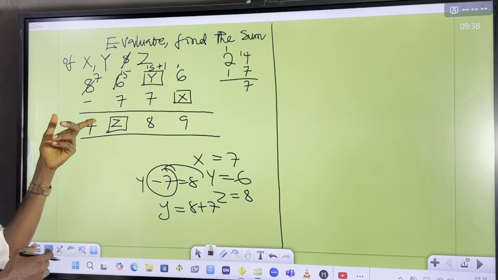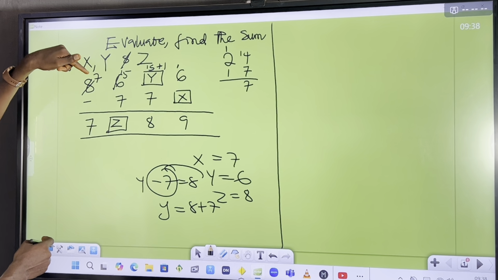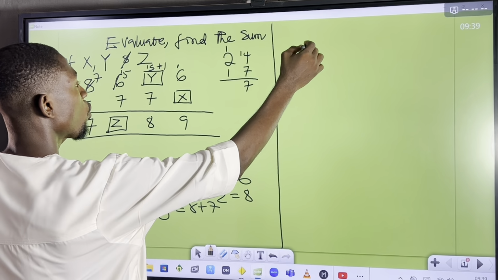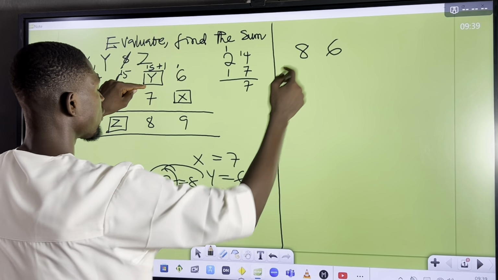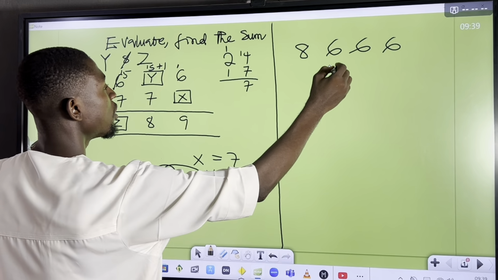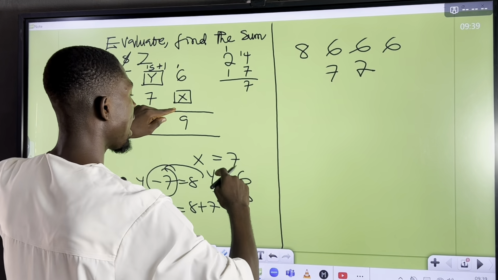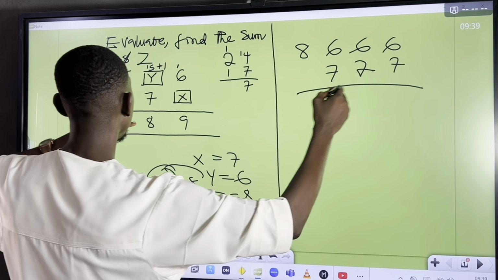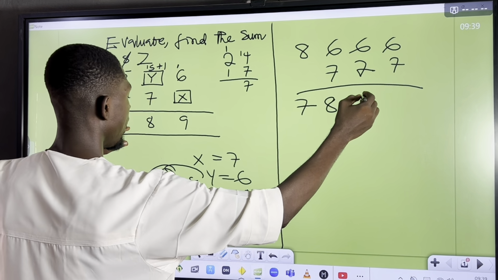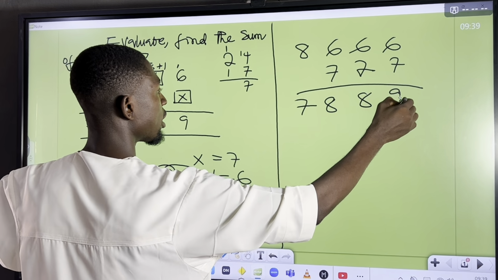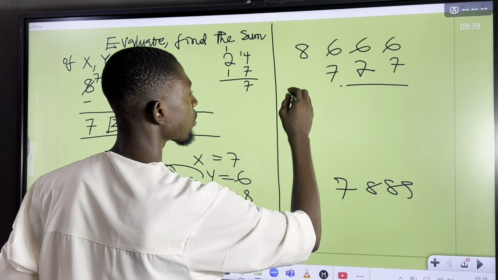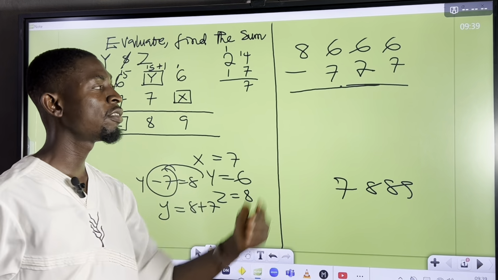Then z is equal to 8. You bring down the remaining number because there's no number down here. You bring down 7. With this, what we're going to have is, the question was this, 8, 6, where y is 6, and 6 here. Then we have 7, where x is 7, all over 7, z is 8, 8, 9. Now let's keep this 7, 8, 8, 9 and do the normal minus